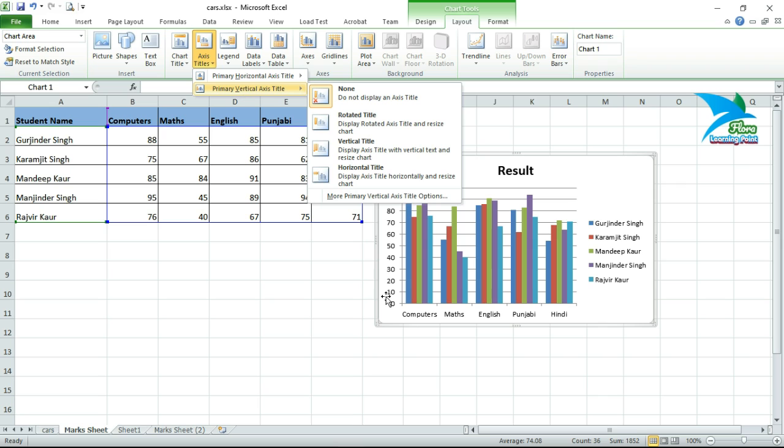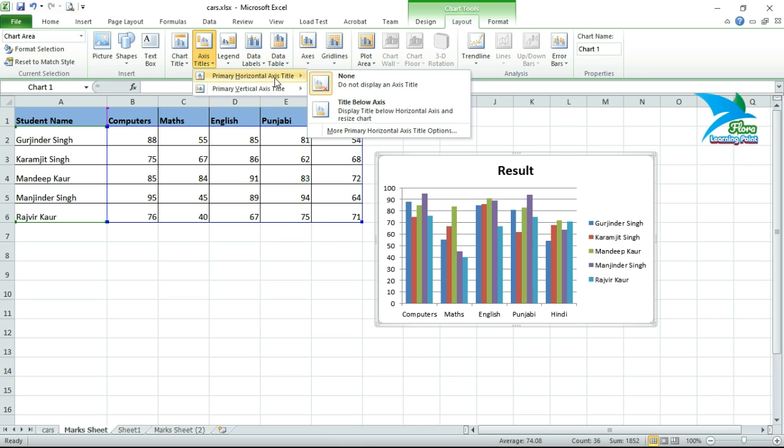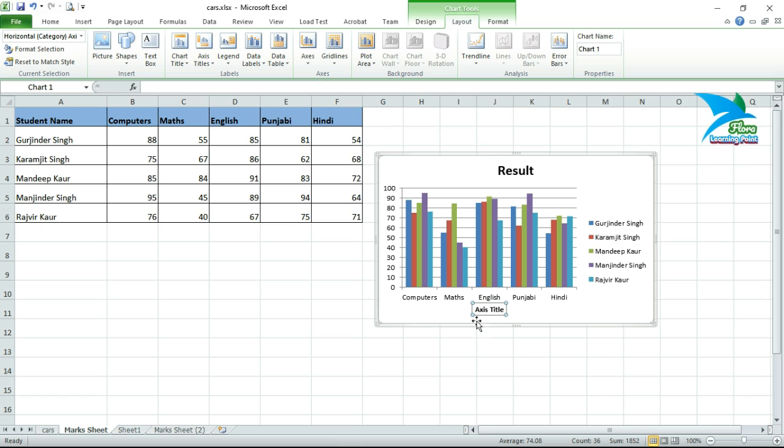Here we have primary horizontal and vertical. Vertical, this area, means the y-axis title, and horizontal means the title of the x-axis. So I'll start with the horizontal title. By default None is selected. Now you have to click this option.